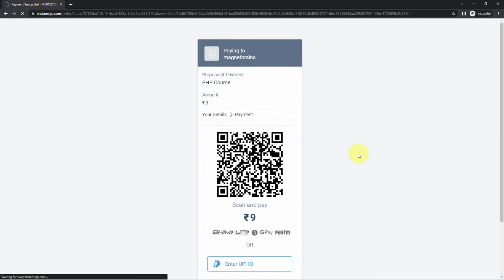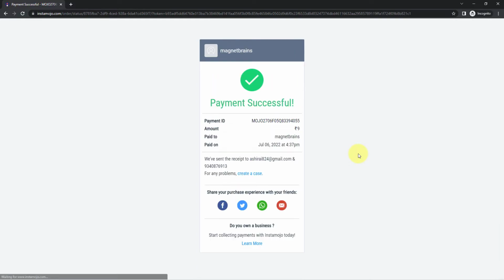And the payment is done. We can see that just now we have successfully received a payment from a customer named Ashi Rai. This is the email address of that customer and this is the phone number. So because we have connected this payment link which we have created with Pabbly Connect using a webhook URL, the details or the data of this very same payment which we have made just now will also be captured inside